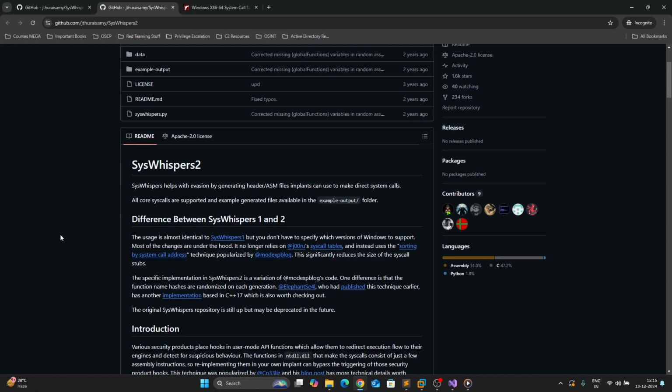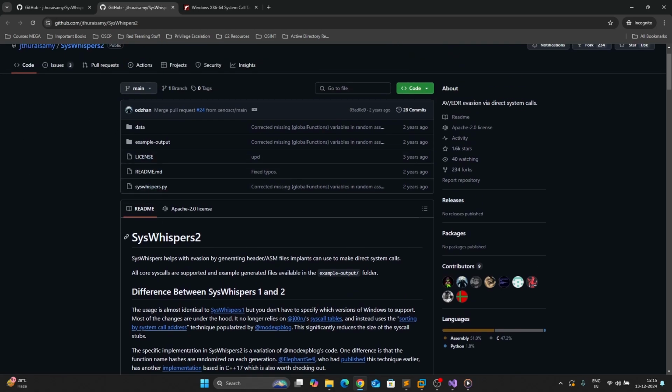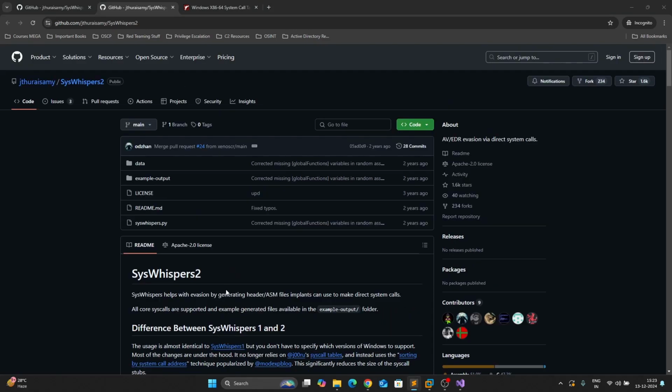So in a real world engagement, you should probably go with syswhispers 2 because it doesn't rely on the exact operating system version of the target for generating these SSNs. Instead, it does it dynamically. And that is because in a real world scenario, we won't always have the information on exact operating system version of the target. And for the sake of this video, we're going to utilize syswhispers 1 instead of syswhispers 2